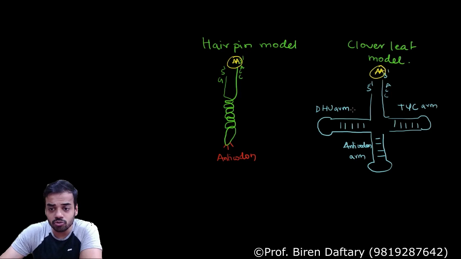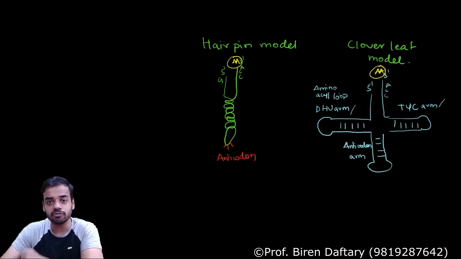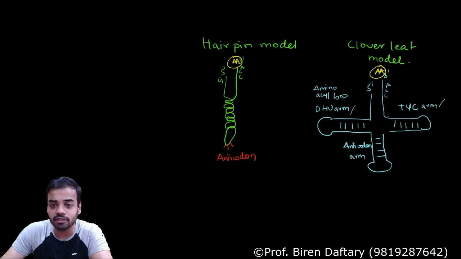Okay, this DHU is also called amino acyl. So this loop is also called the amino acyl loop. Why is this called the amino acyl loop? Now this is not given in the book. This is extra information. This loop produces an enzyme which helps in attaching the amino acid to the 3' end. Now when you see this structure, these 2 arms are not given, so I am not explaining with respect to this. I am just explaining this model which is given in your book.